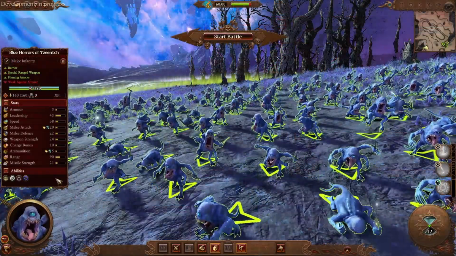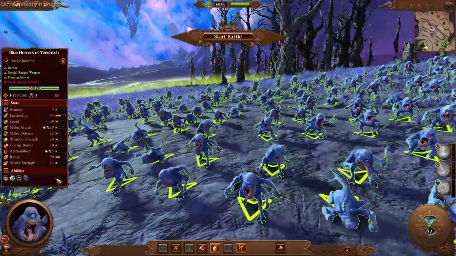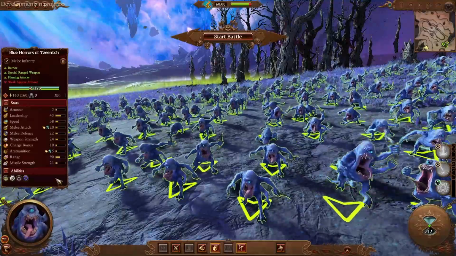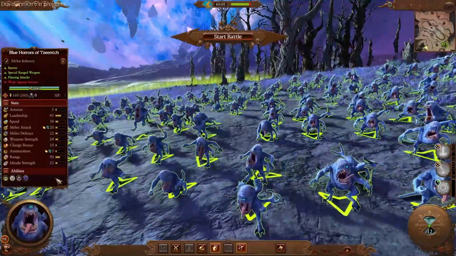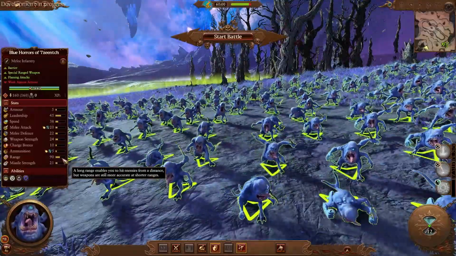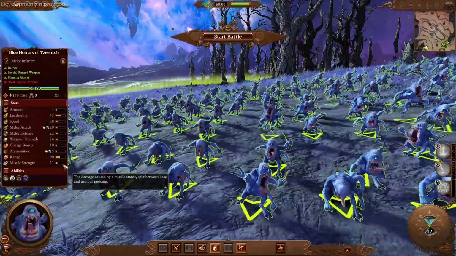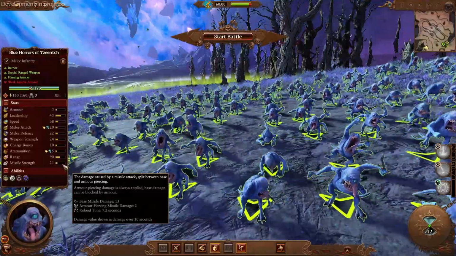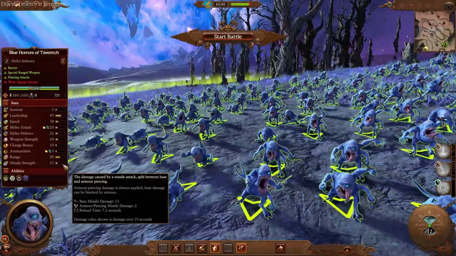So getting things started, we have the Blue Horrors of Tzeentch, which also happens to be the cheapest unit in the Tzeentch roster at 400 cost. Now these are technically melee infantry, but they do have a range component. As you can see, they have 5 ammo with limited range of 90, and missile strength is quite weak because most of the damage is going to be base, 13 and 2 split, with 7.2 second reload time, which is